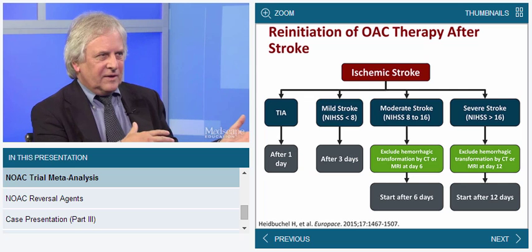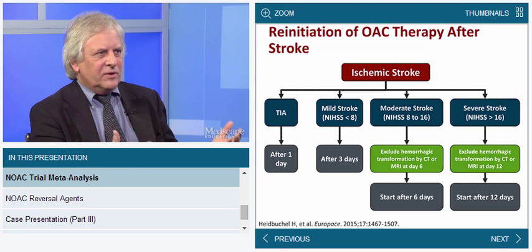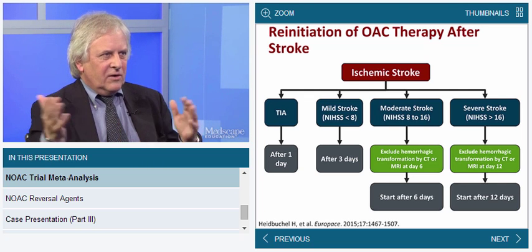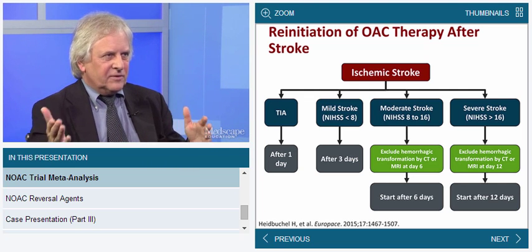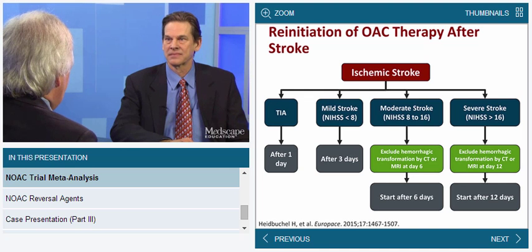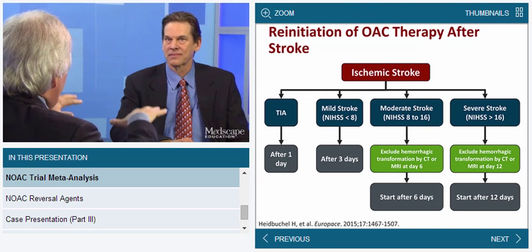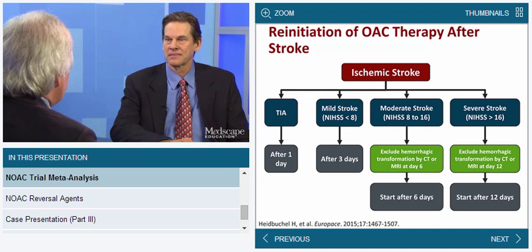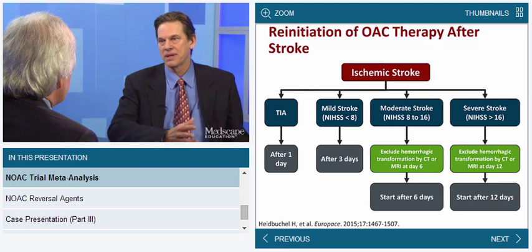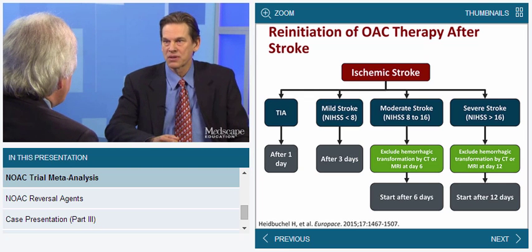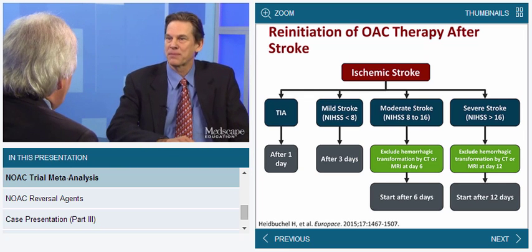The reason is that on one side we have a risk of recurrent ischemic stroke, on the other side we have the bleeding risk associated with anticoagulation. And with this kind of rule, we try to balance benefit and risk. Mm-hmm. So for this rule, do we consider how large the stroke looks on the imaging, or are we focusing on what the patient looks like?